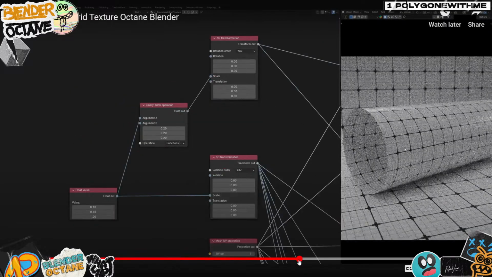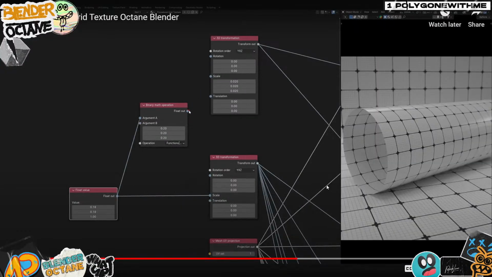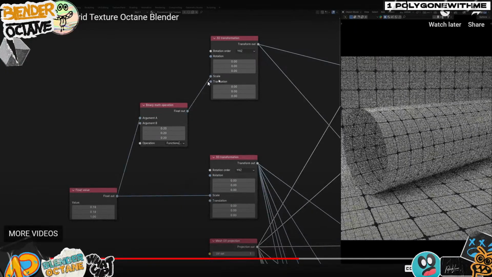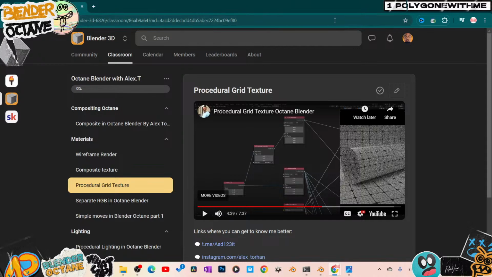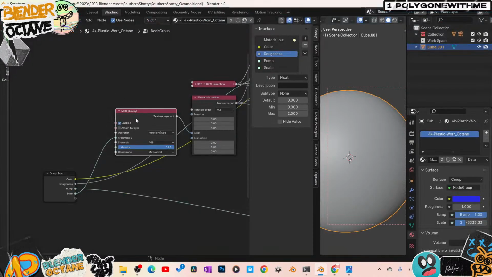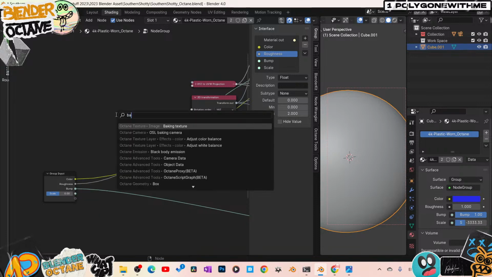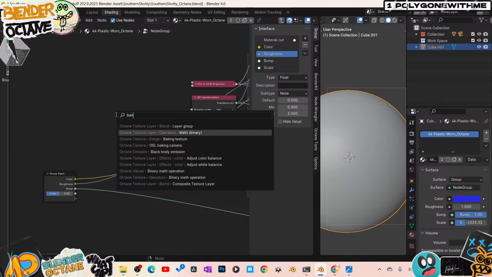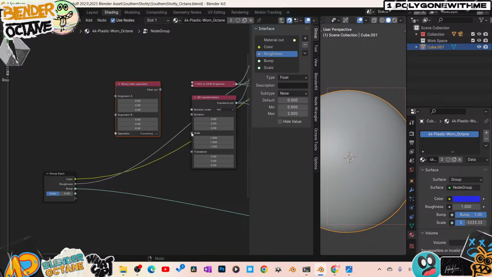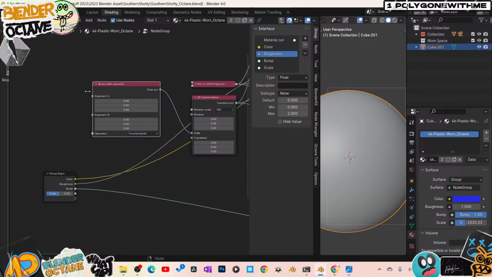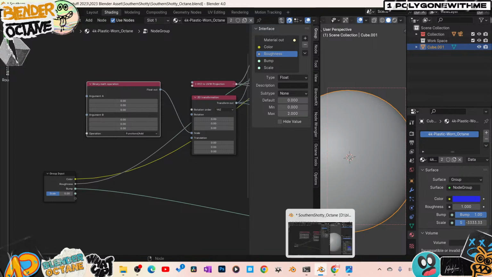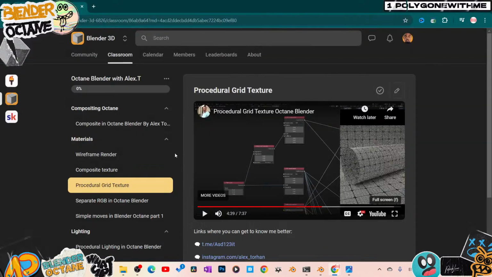Okay, here we go. So he's piping the scale out to a binary math operation. Not this. Here, let's delete this. I want to go to a binary math operation, right? Then we take the scale, pipe that into there. This binary math operation is set to add, but what do we set it at? We set it to